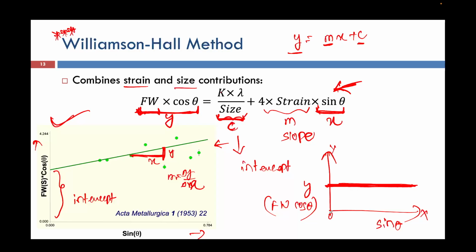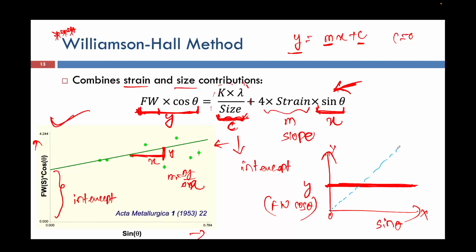And similarly, let's say no size, only strain will be there. When only strain will be there, no size effect, for now we are ignoring the size effect. When that happens, what will be 4 sin theta, Fw cos theta will be 4 sin theta. In that case, if we are considering this term C as 0, how will the equation go? I'll draw it with another color. So the equation will go like this,